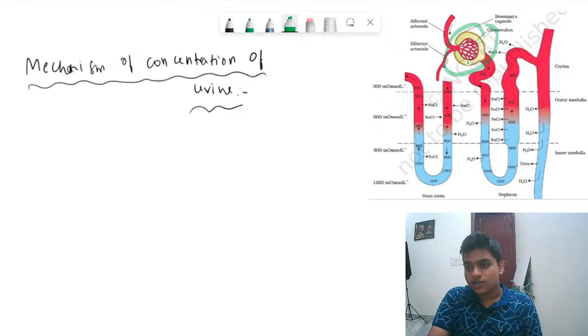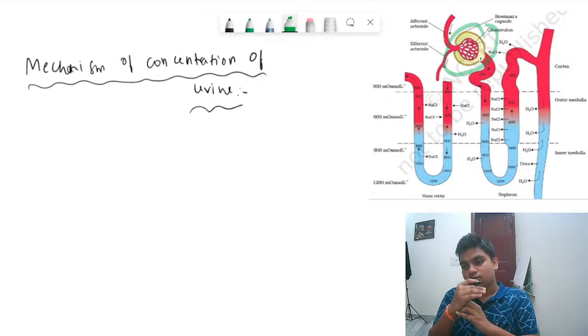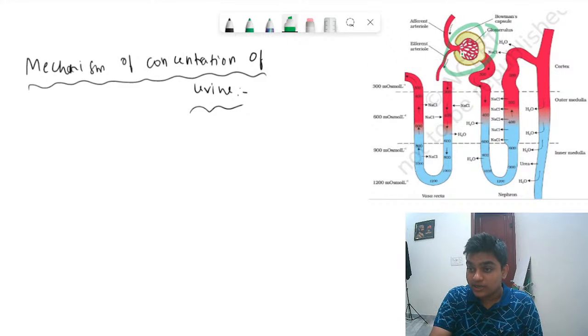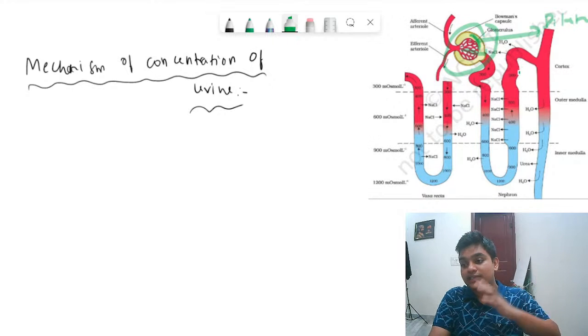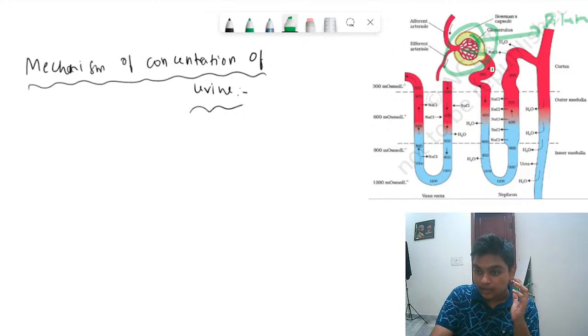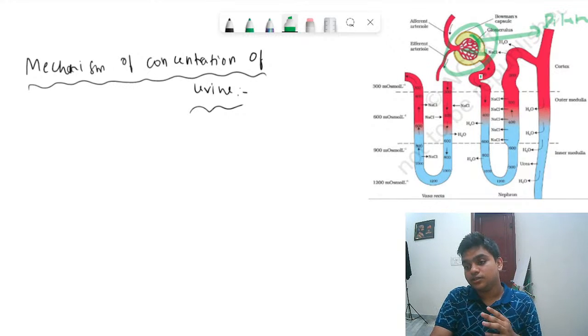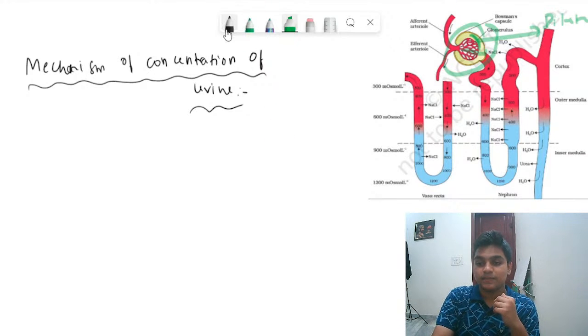Now the primary urine from the glomerulus enters into the Bowman's capsule, and from the Bowman's capsule it enters the PCT. This primary urine is more diluted, consisting of much water. Next, in the PCT part, I have told you that 70 to 80% of